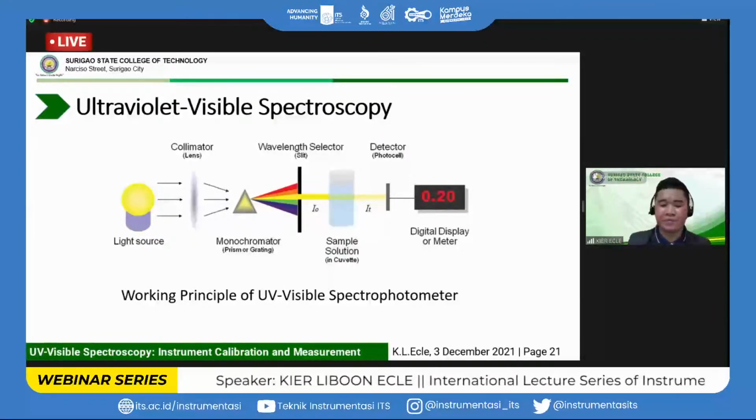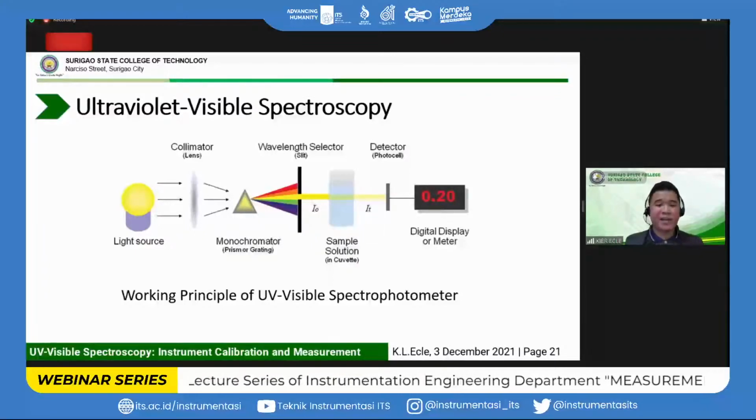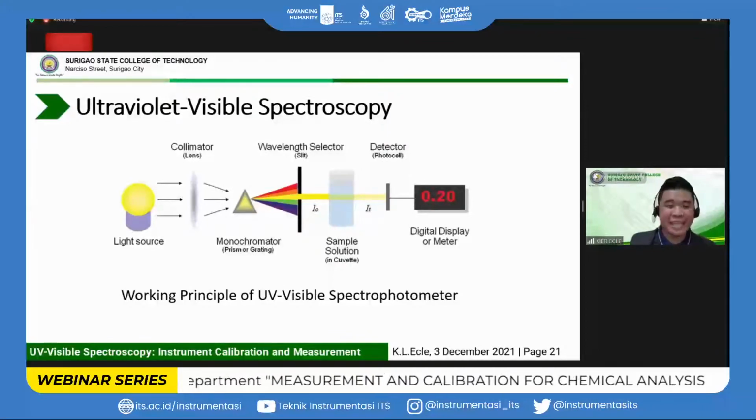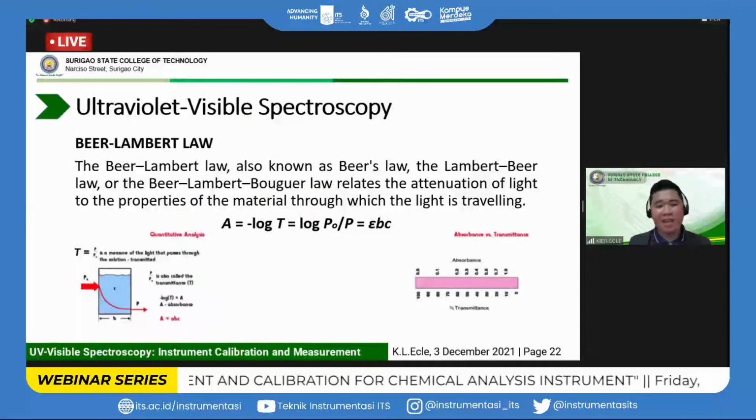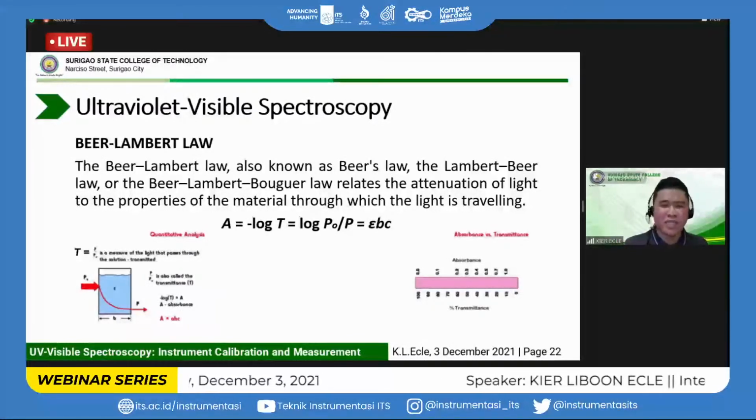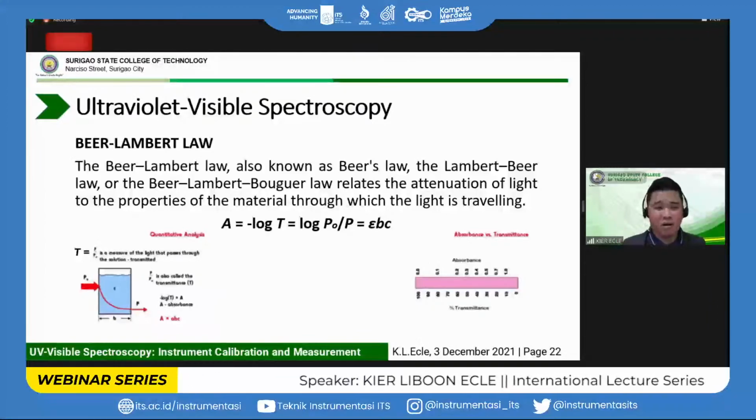Okay, so that is how the UV-Vis spectrophotometer works. Next we have the application of the Beer-Lambert Law. Why do we need to consider Beer's Law, or the Beer-Lambert Law, in the study of UV-Vis